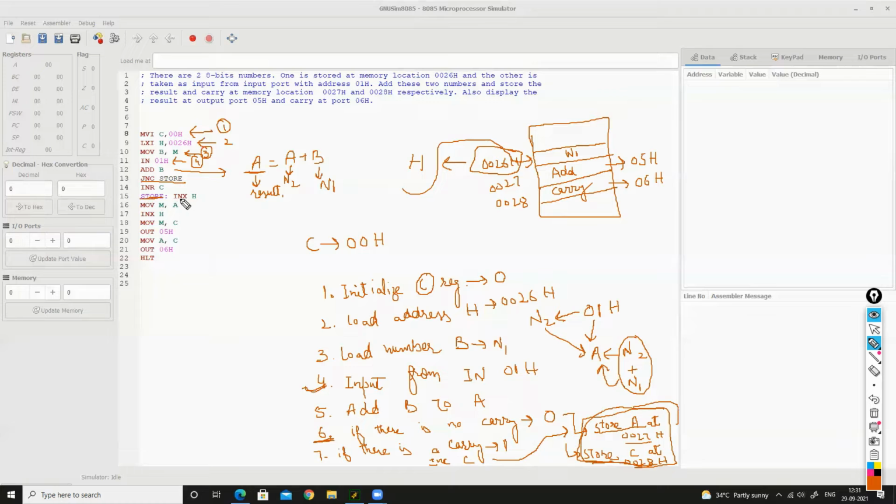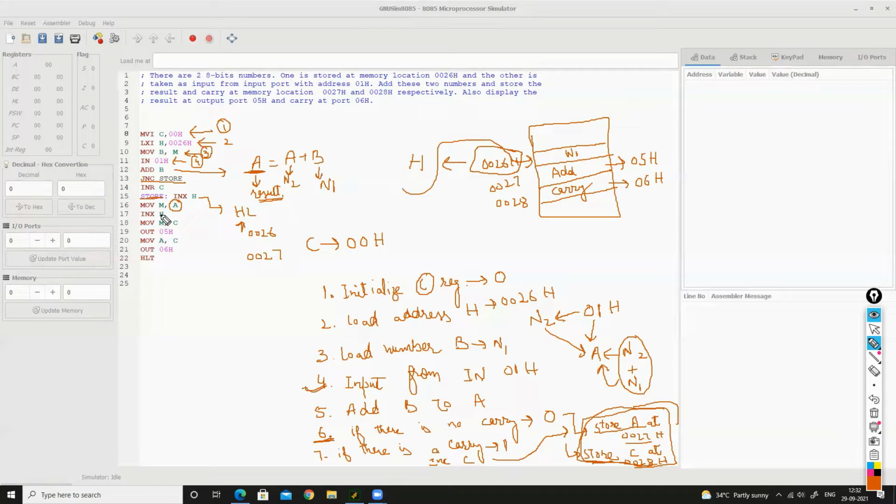So what is this doing? Increment H. What was H? H was 0026. It is basically increment register pair, so our register pair is HL. It contains 0026. Now we are incrementing it, so it becomes 0027. Then MOV M,A. Move the result stored in A. What is there in A? Our addition result.